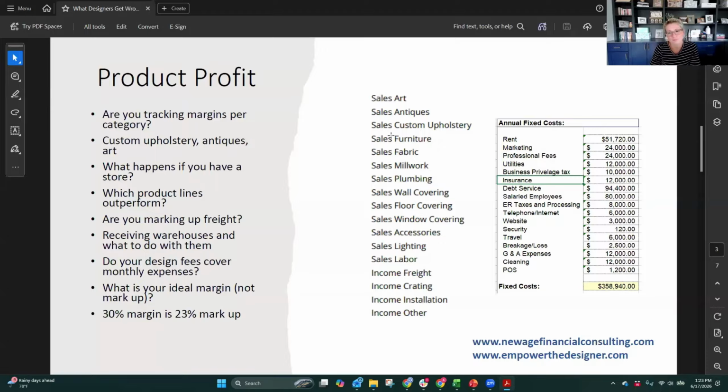We've also seen some clients do very, very well when it comes to product lines. And so are you working with an upholsterer or a workroom that's potentially a little bit bigger, and they ran some prototypes for you, right? And then there's a cost with prototypes, but then it does allow you for every time, for the repeat orders to be at a much cheaper price point. And then you're still making money when you're reselling the product. And again, with a much, much different margin. So calling it out like this on your income statement, you could very clearly and very easily scroll down it on a monthly basis to understand, okay, wow, I did really well in custom upholstery.